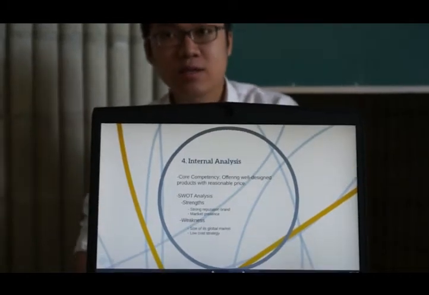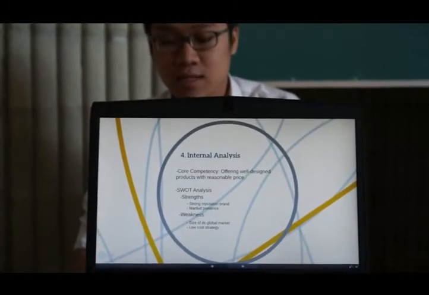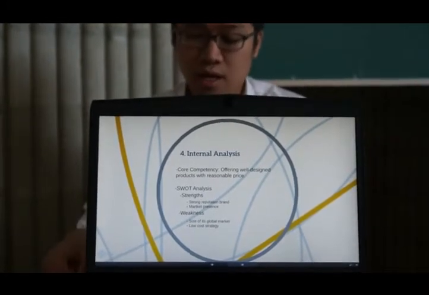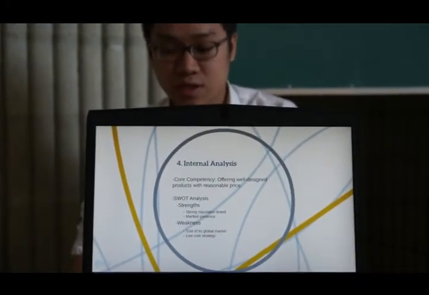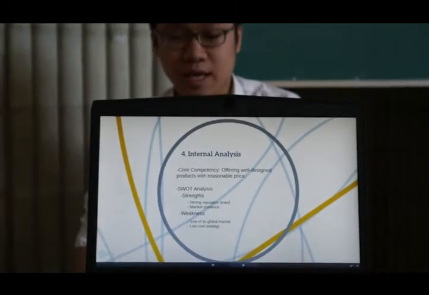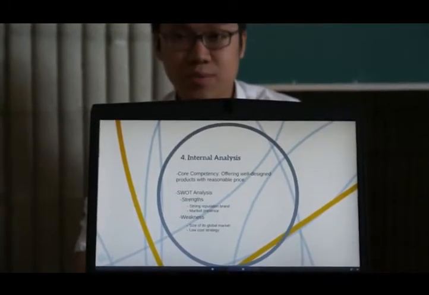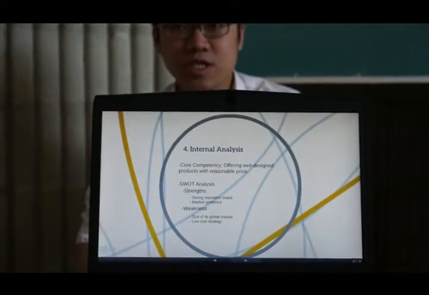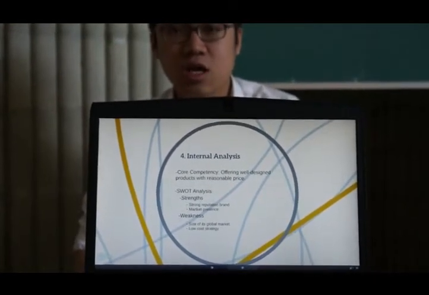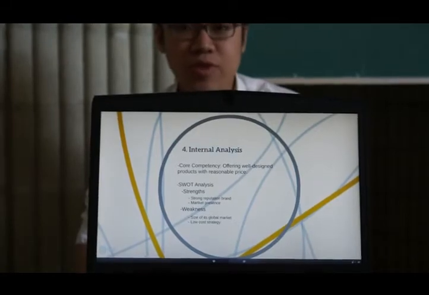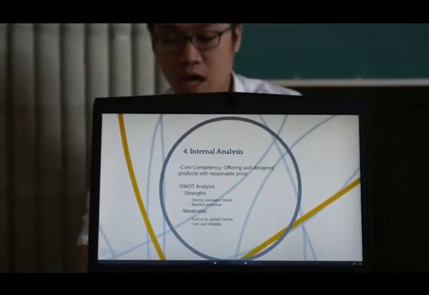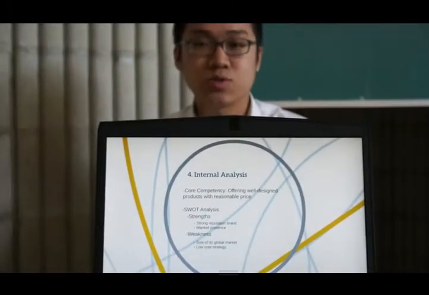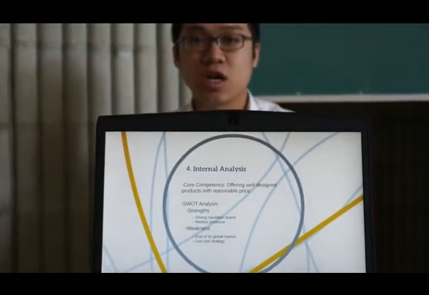There are 4 main elements in the SWOT analysis: strengths, weaknesses, opportunities, and threats. Now let's talk about the strengths first. There are 2 strengths of IKEA: market presence and strong reputation. With the strong reputation of IKEA, IKEA can attract a lot of customers of different ages all around the world. And with the market presence of 298 stores in over 26 countries, IKEA can attract a lot of customers in